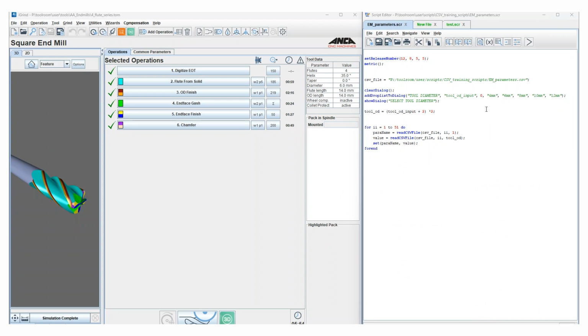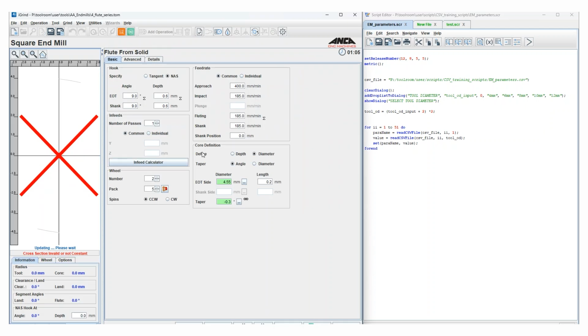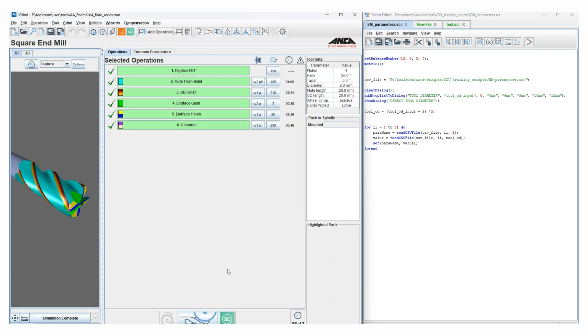Then, when an operator takes an order to manufacture these tools in a particular diameter size, they can run a script to import all the tool geometry from the CSV sheet. Some of the benefits of doing this are having a single source of master data limits the risk of incorrect parameters being set on the grinding machine. And if the tool design changes, it's a simple case of updating the CSV file rather than updating multiple iGrind programs on multiple grinding machines.